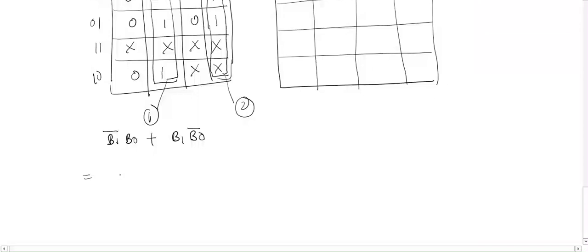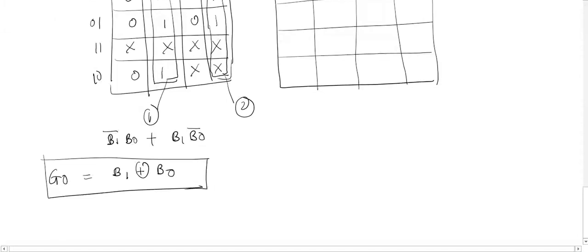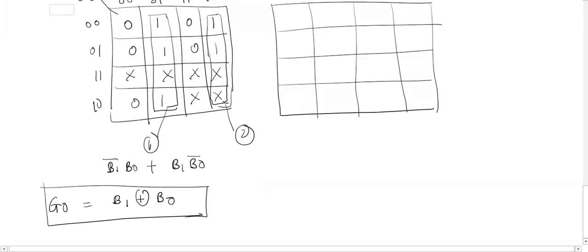So I can write here B1 XOR B0. Now this is G0. The expression for G0 is B0 XOR B1. Now similarly we'll find the expressions for G1, G2 and G3.